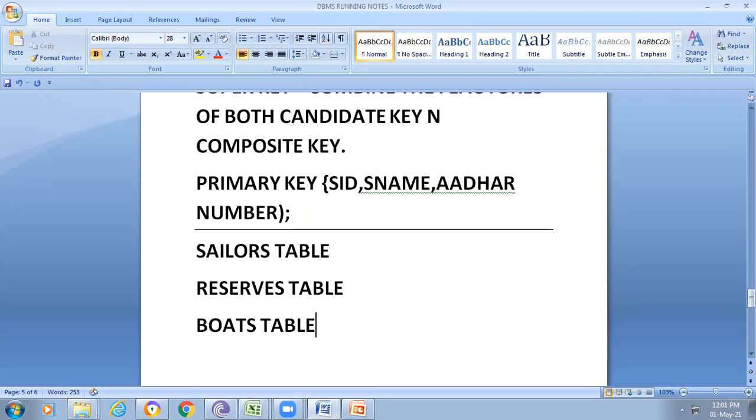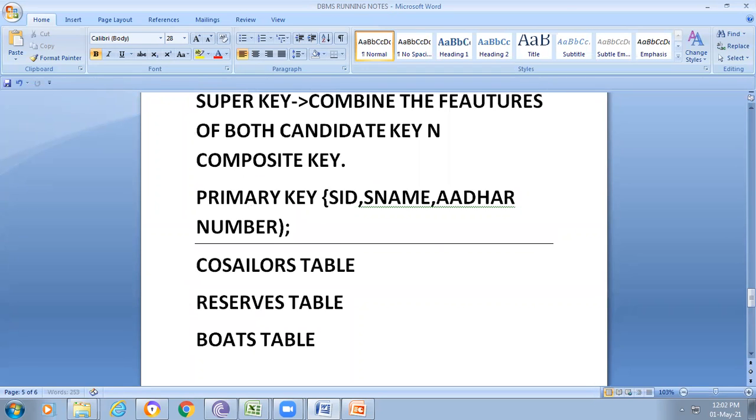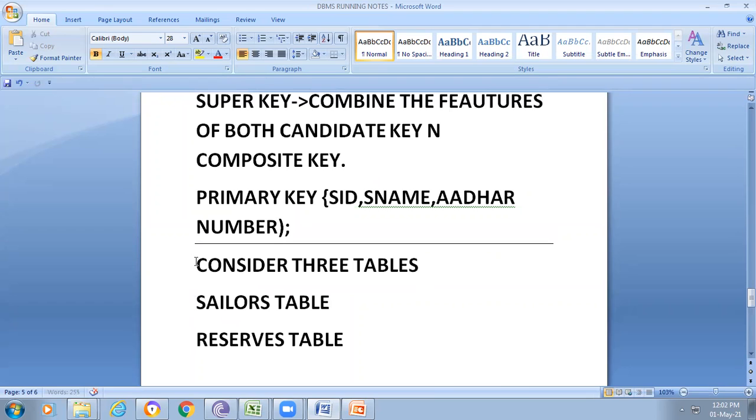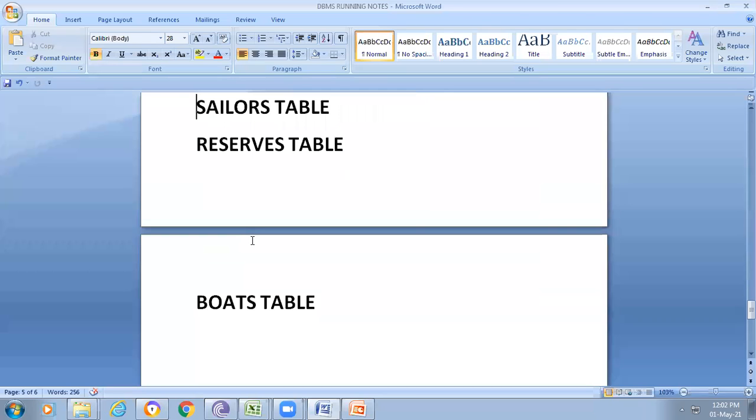So these three tables I am considering now. The sailors table gives the details about the sailors, the reserves table gives the details about sailors who are reserving on a particular date for a particular boat, and the boats table gives the details about the boats.